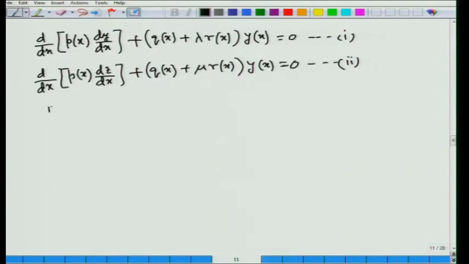Now, if we multiply the second equation by y(x) and the first by z(x) and then subtract,